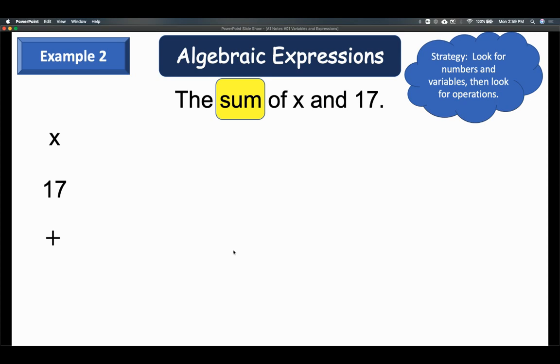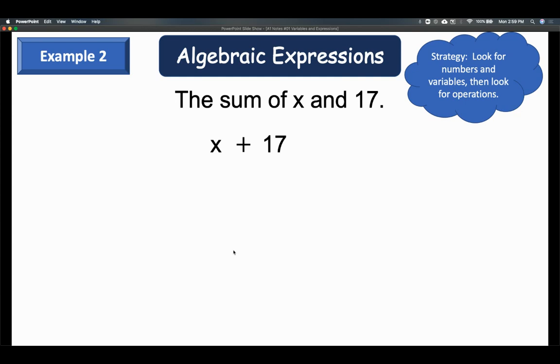Now, same thing. Make sure you write it in the correct order. So that's going to be x plus 17 because I saw the x first and then I saw the 17. All right. Some people were trying to write the 17 first in class. While that's technically correct because addition is commutative,